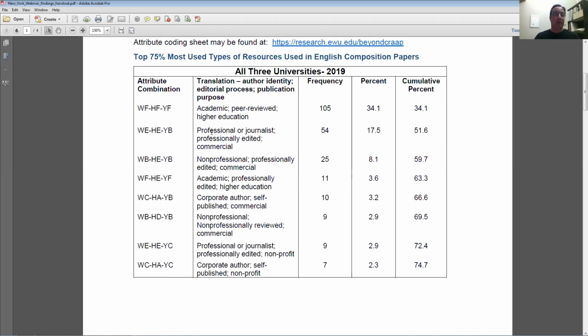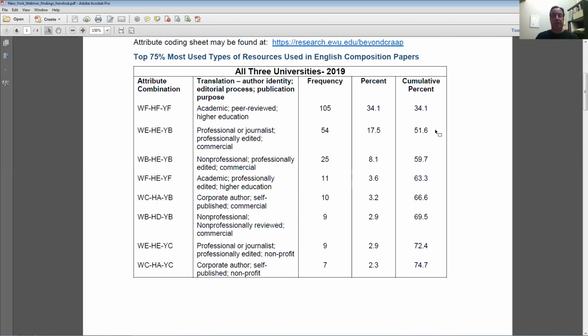And we also have resources written by a professional or journalist that have gone through some sort of professional editing review and that have been published for commercial purposes. Those two alone account for over 50% of all of the references. So I think we can, not relax a bit, sure, but at least know that our efforts in terms of trying to communicate to students the value of undergoing some sort of review of the authoritativeness of resources does seem